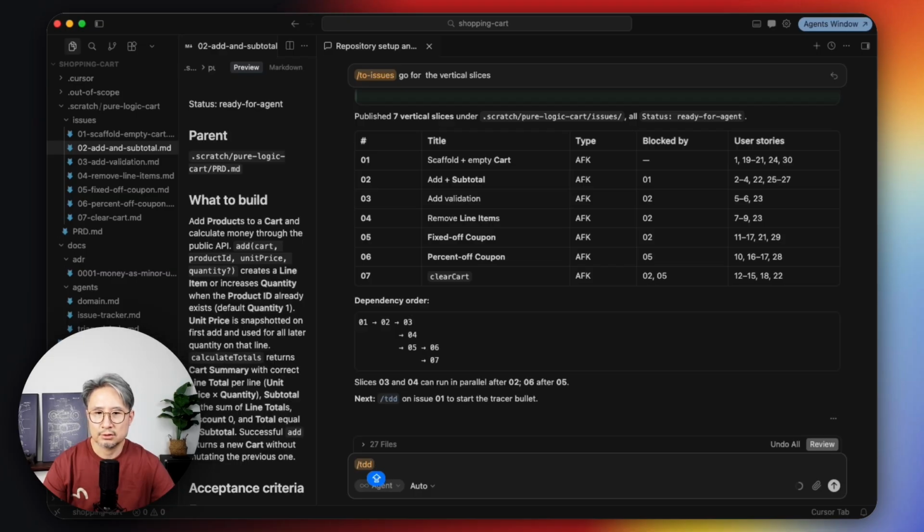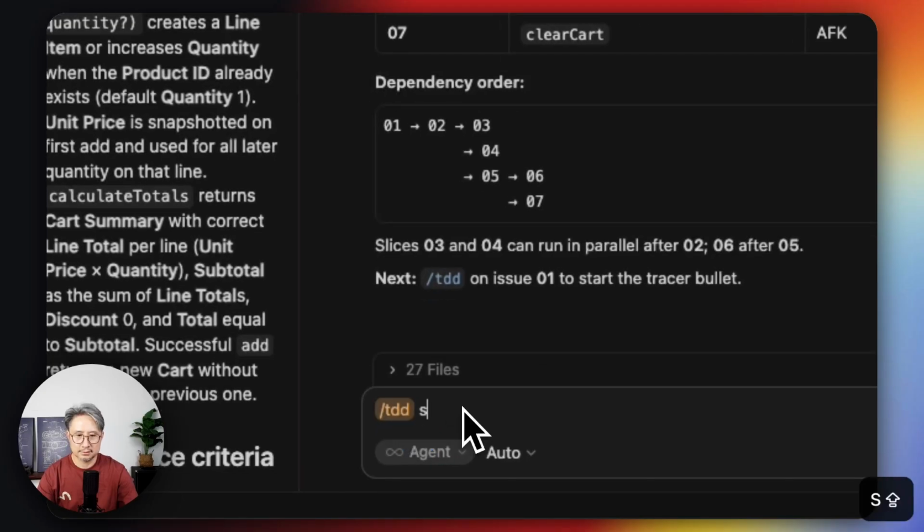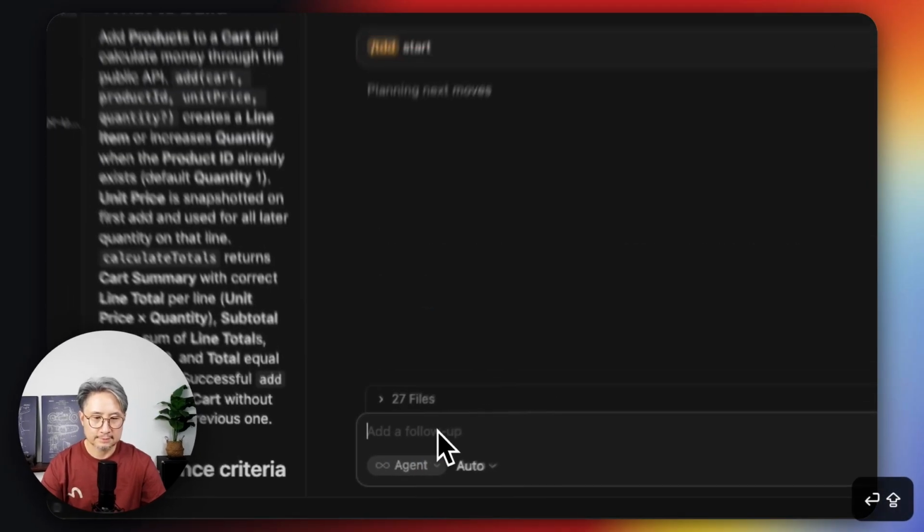The naive version of vibe coding writes all the tests first and then all the code. It feels efficient, but there's a trap: those tests describe what the agent imagined the code would do, not what it actually does. They pass while the behavior is broken. You get green check marks that don't tell you the truth. So let's see this TDD behavior. Let's just start.